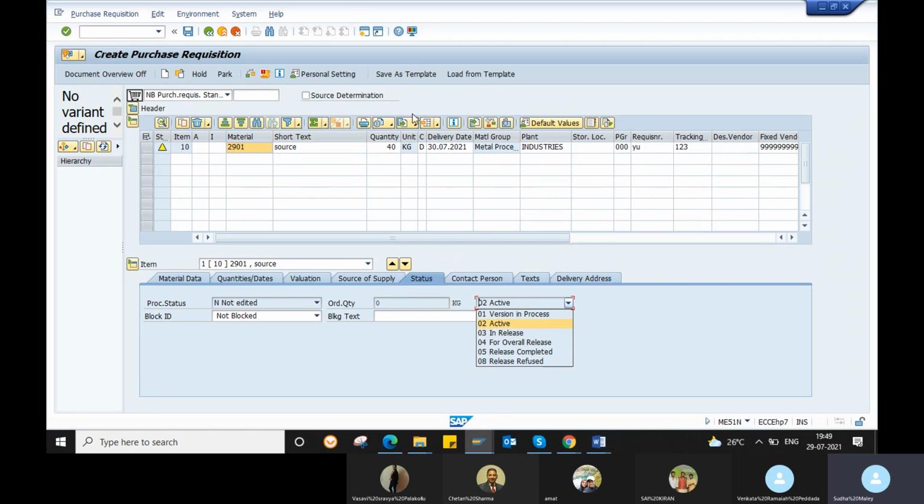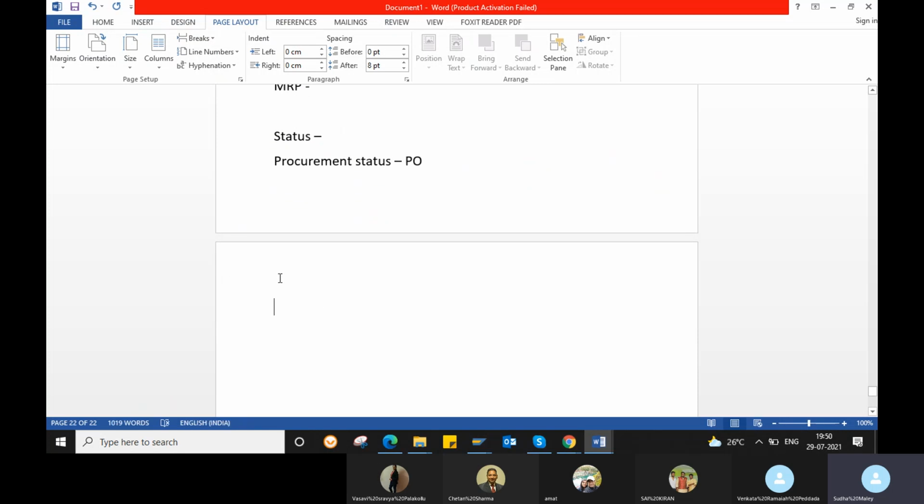There is no one to approve this purchase requisition. But if you have an approval process for this purchase requisition, you can see it is in release. You can see the 03 status. It is in release. After you release the purchase requisition, the status will change to release completed. So this is your release status. Okay, we will see how to release the purchase requisition also. Okay, that is the release status.